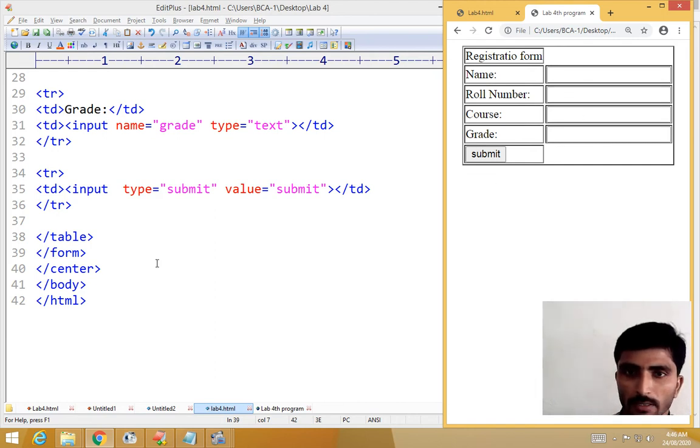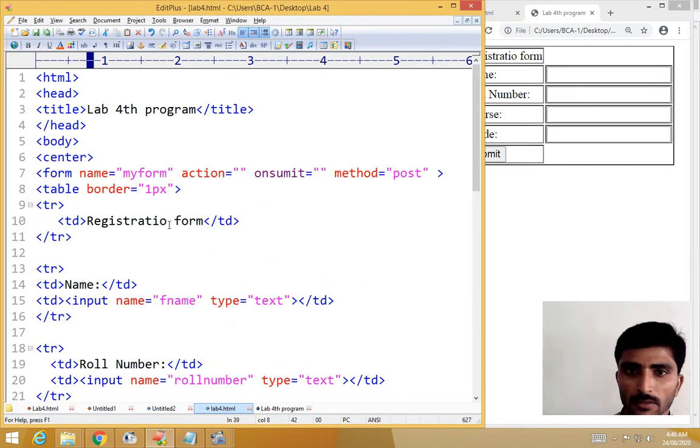Now this is the name of the form, this form name is my form. So what is the action when you click the submit button? If you entered valid values in the form, after submitting, that goes to another process, that is another web page.